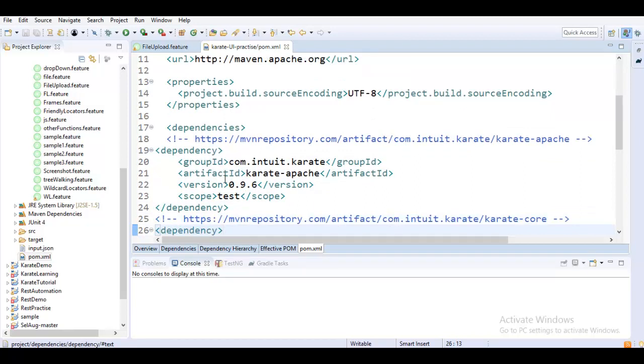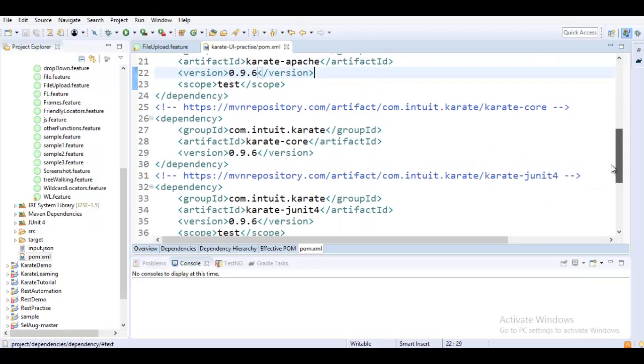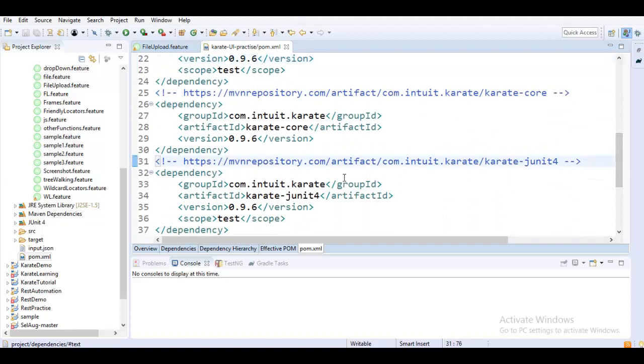It is newly introduced in this version. Until before I was using 0.9.5, but just for this lecture I upgraded my Karate to 0.9.6. Please add this dependency. All three, Karate Apache, Karate Core, and Karate JUnit, just make sure they are at the 0.9.6 version.